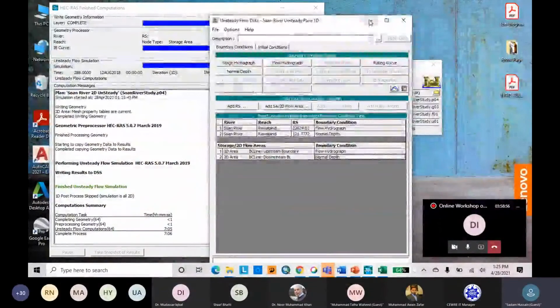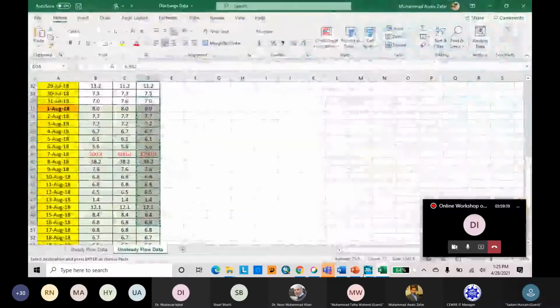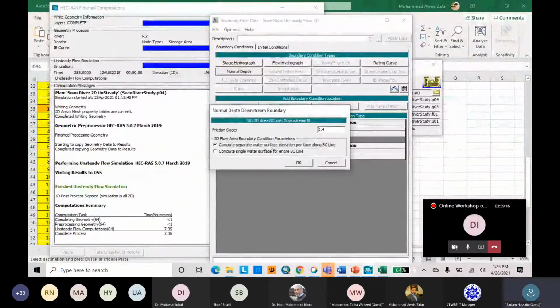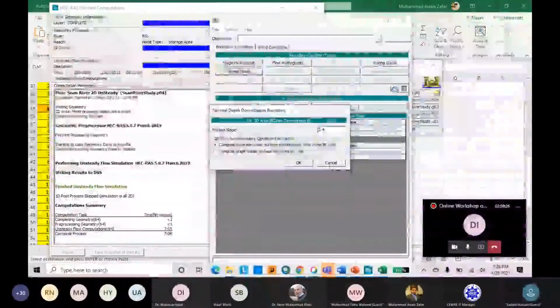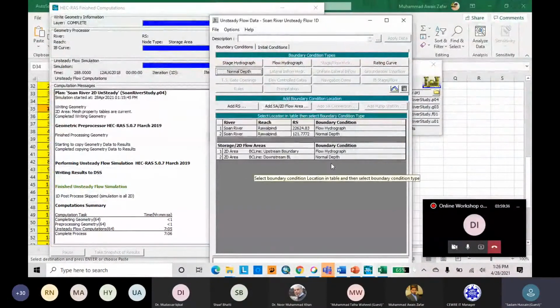And sir, for downstream, as you selected the normal water depth as boundary condition, is it the normal water flow depth? No, this is not the normal water flow depth. Let me show you here. It is a frictional slope of your river bed channel. Here is written frictional slope. It is not the water depth. Frictional slope means the L section slope, the slope of your longitudinal channel. Okay.